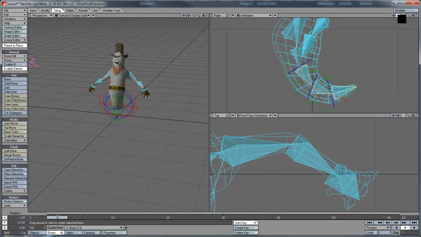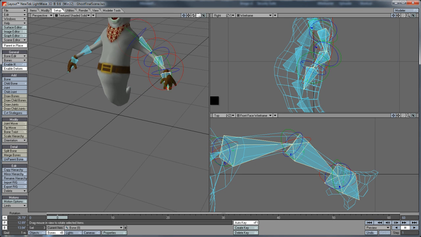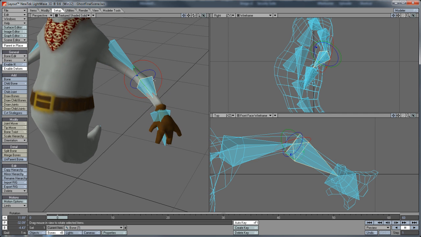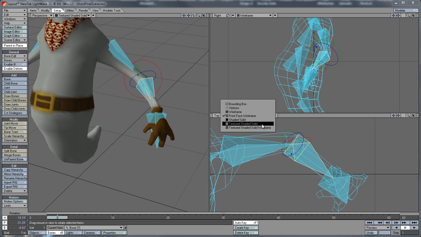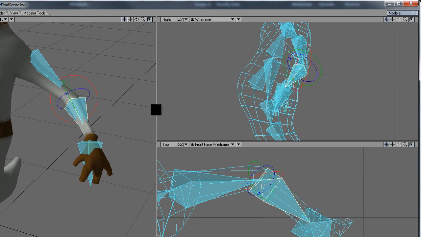At this point, you'll probably notice the hat's down over his head. I'll fix that in a minute. I hadn't really noticed that, and thanks to my mouse, I had accidentally moved the whole ghost. I think I edited that part out. You know, the magic of editing, but I'll fix that in just a second. And here I'm just testing to see that everything works okay with the bending of the arm.